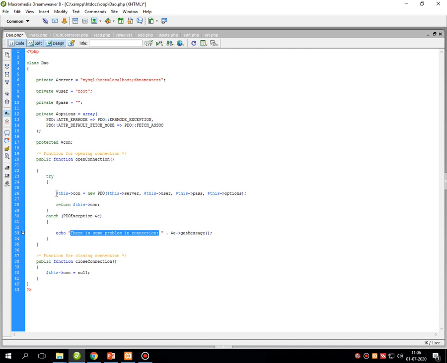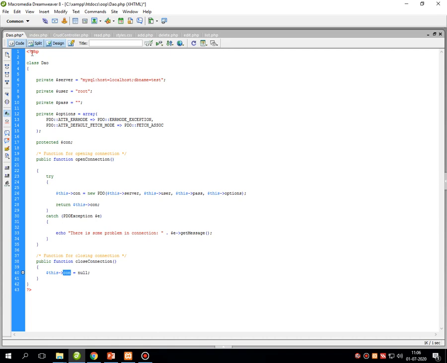But if nothing malicious is found in this entire code, everything is okay, then it returns $this connection as true. And at the end of this file, the connection gets closed automatically by storing null into the connection object.